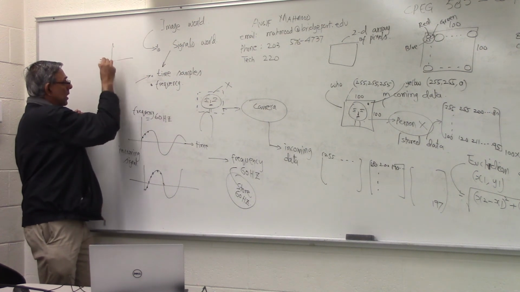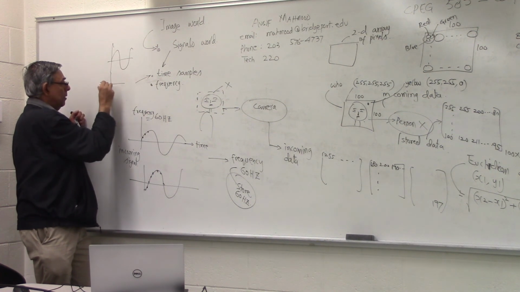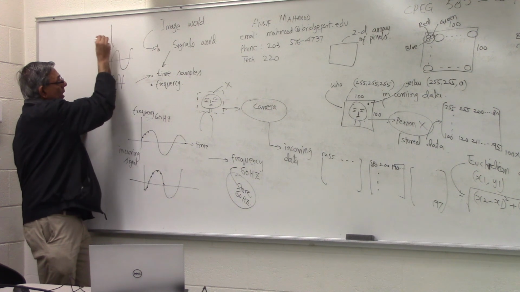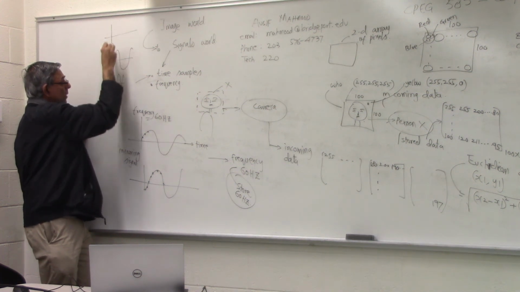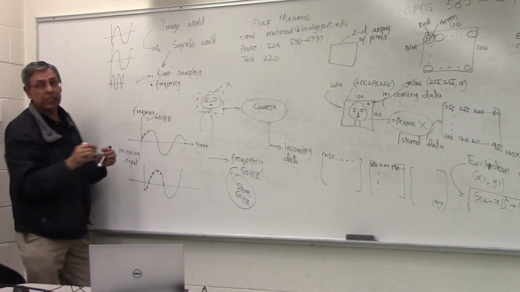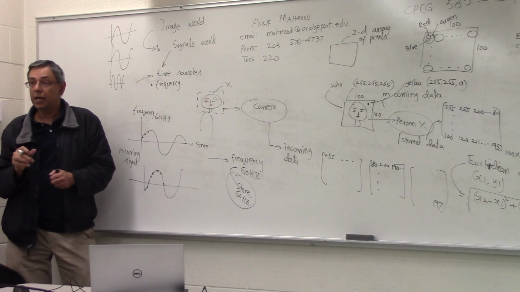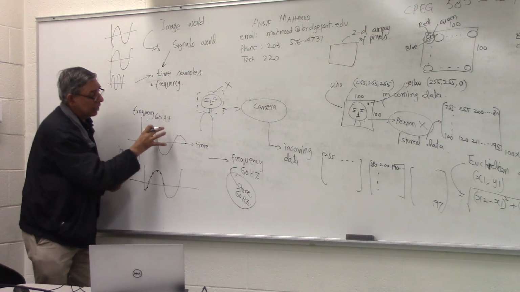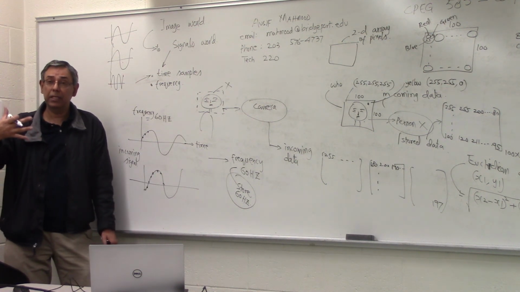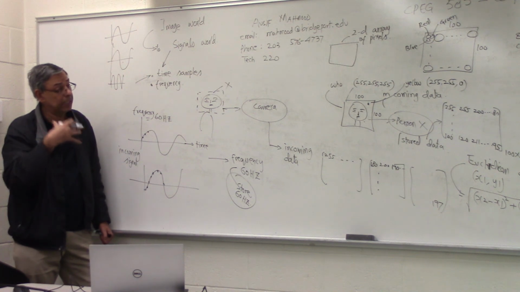However, like this compared to this, these are different frequencies. But if it's the same thing as time shifted, these two are the same frequencies. So rather than comparing things in the time domain and computing the Euclidean error or Euclidean distance